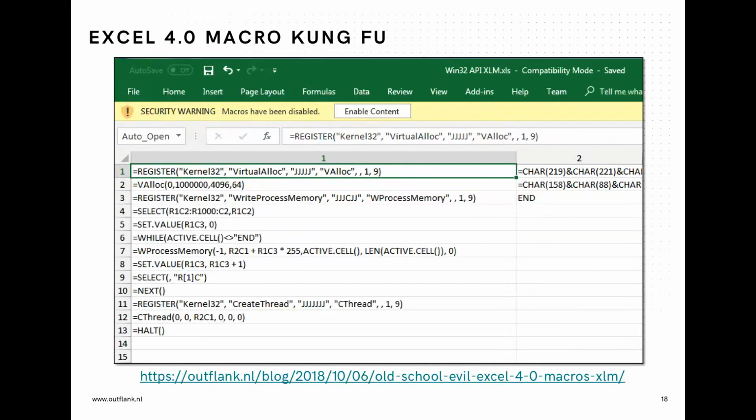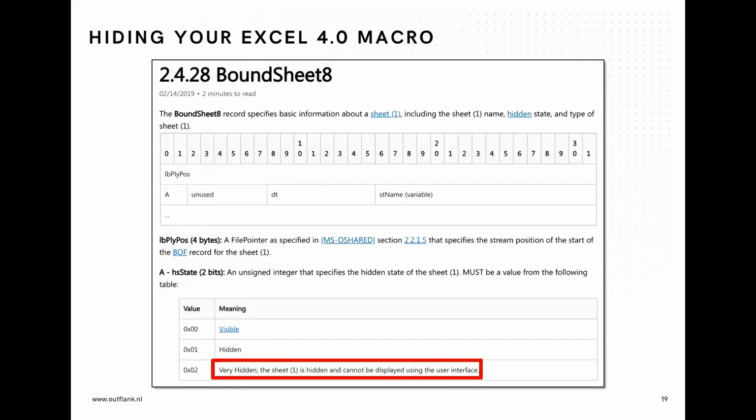And if you want to hide your macros even better, then let's have a look at the file format specifications of Microsoft. So if you look at the file format specification of a sheet, you have a regular sheet, but there's also a macro sheet. But each sheet has a few options, and they are being set in this bound sheet 8 record, which is in an Excel file. And there's the option, which I highlighted on the bottom. So there's a regular sheet, which is visible. There is a hidden sheet,